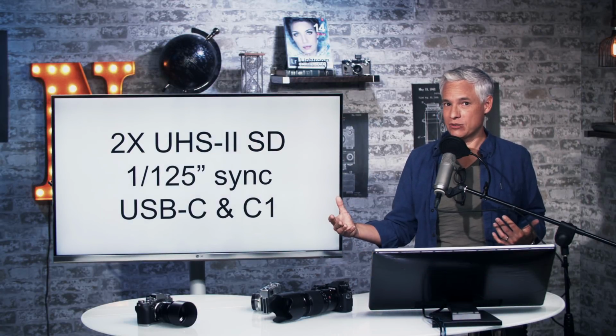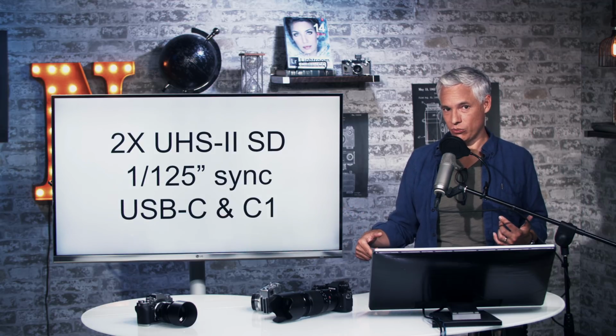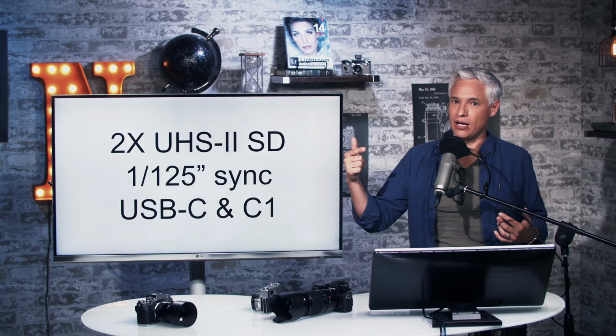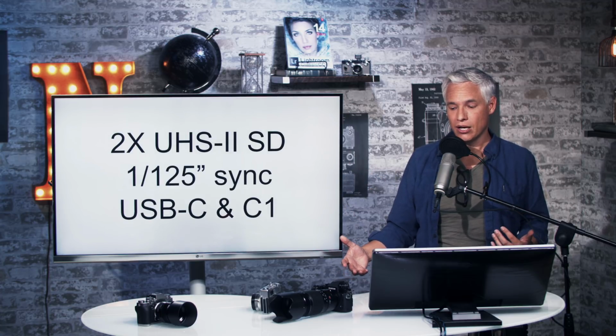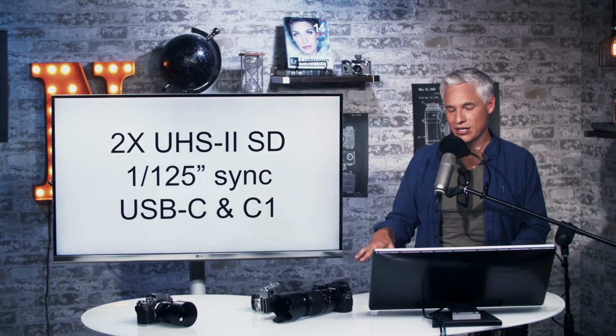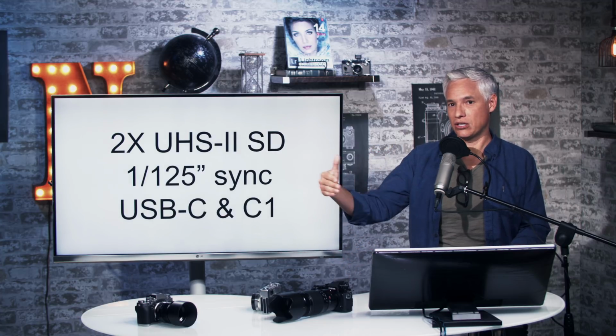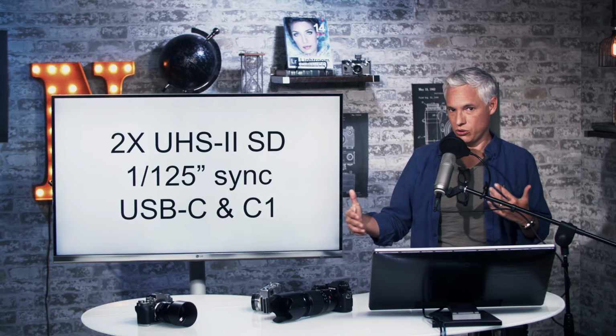You want a faster sync speed mostly because it helps you to kill the ambient light in the room. So if you're shooting outdoors in full sun, or even in a well-lit studio like a lot of us shoot in, the slower sync speeds mean if you're not using high-speed sync, then it's harder to kill all the ambient light in the photo, and you have to turn the strobes up brighter in order to get rid of that